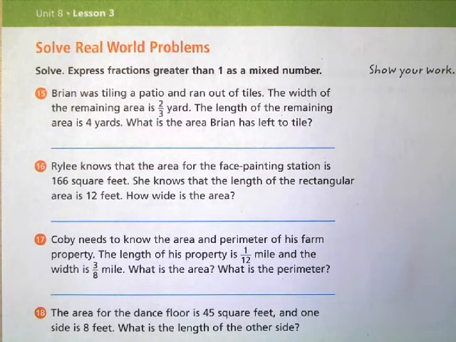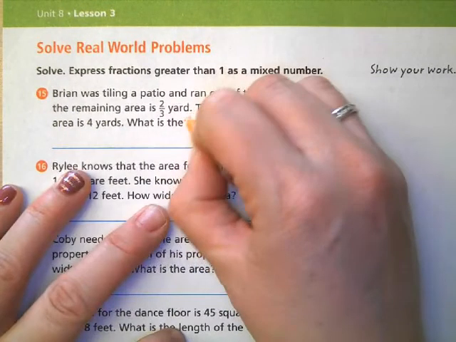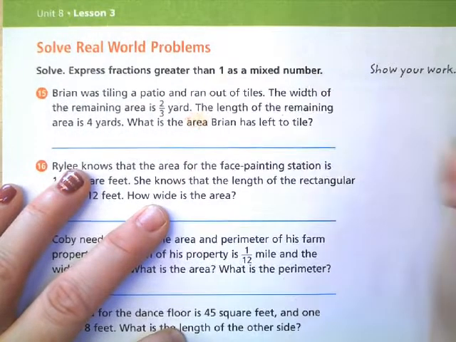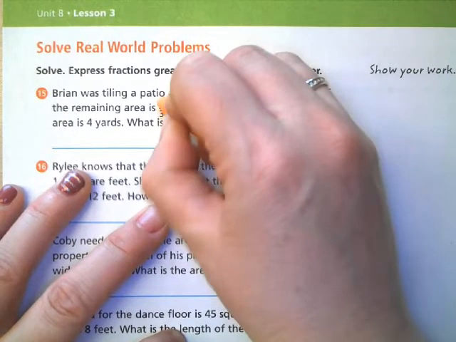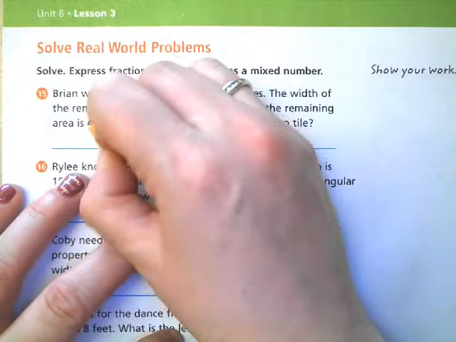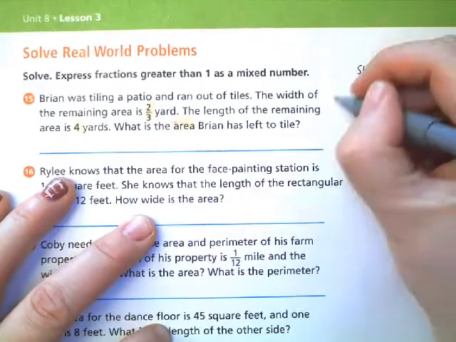Brian was tiling a patio and ran out of tiles. The width of the remaining area is 2/3 yard. The length of the remaining area is 4 yards. What is the area Brian has left to tile? The color that we're going to use for area is this apricot or peach color. They're asking for the area, so we do length times width. The width was 2/3. The length is 4. So length times width would be